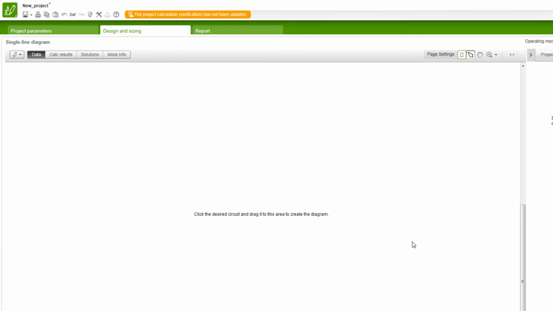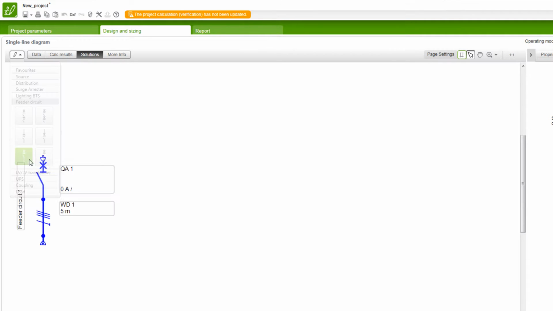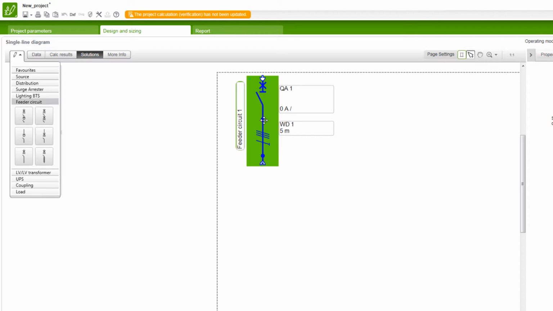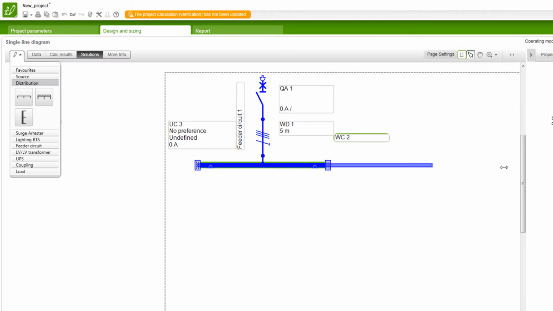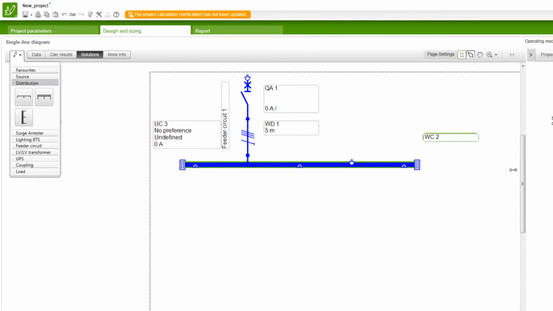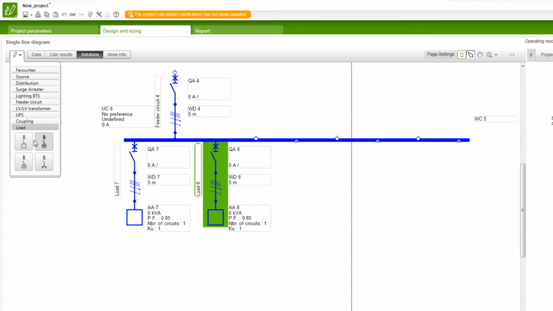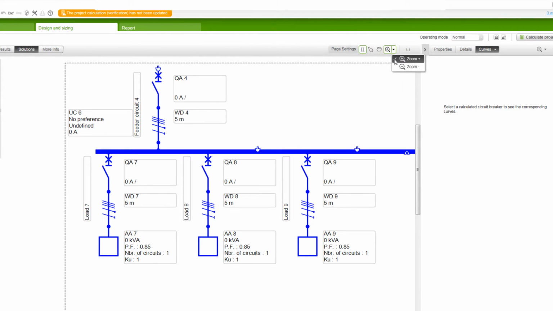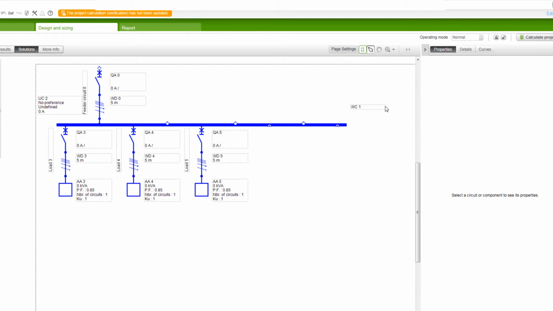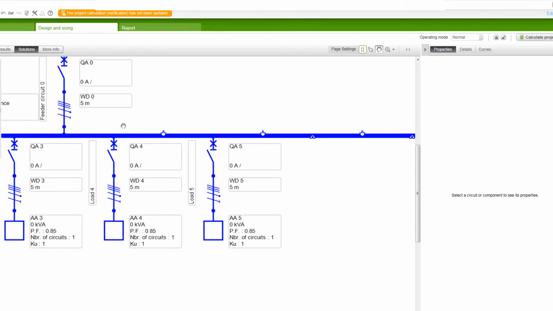To draw the single line diagram, use the toolbox or circuit library to select the different type of circuits. To place an object, select it and place it on the worksheet. Once you select the bus bar, a double-headed arrow will appear at the end of the bus bar. Hold the bar to click and drag it to the required length. Use the Zoom tool icon or mouse wheel to zoom in or out of the diagram. Use the Hand tool icon or click on the mouse wheel for the pan function. Select different circuits from the circuit library to draw and complete the network.